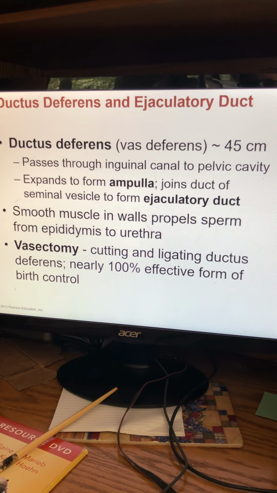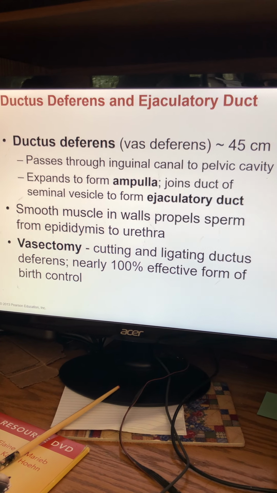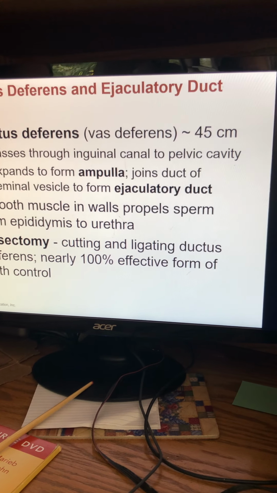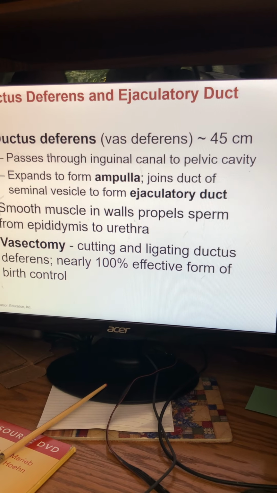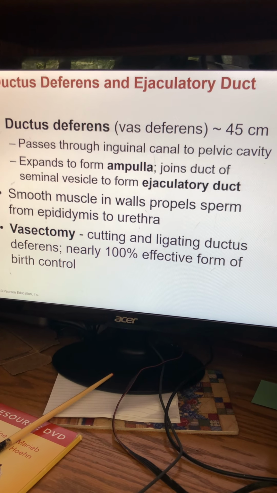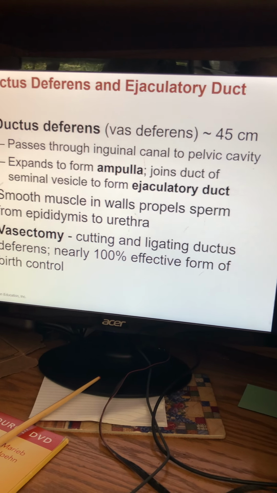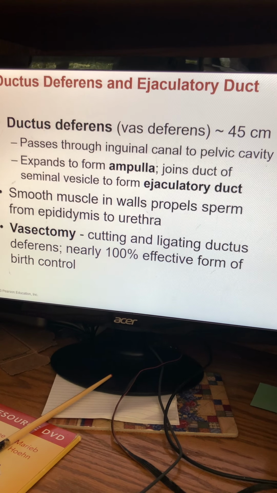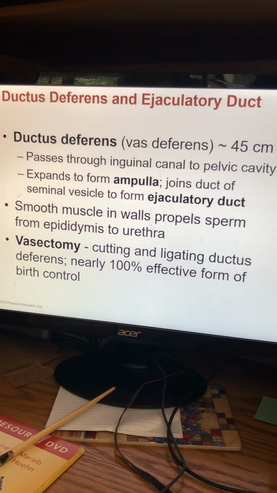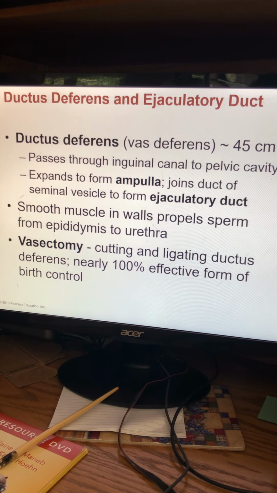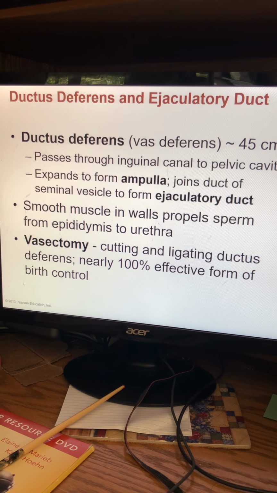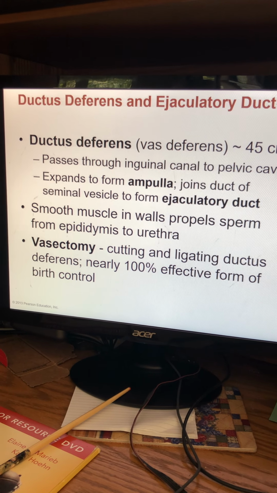So it has a big journey, and the part down here says the vasectomy is cutting and ligating the ductus deferens. Ligating means to tie it off. Cutting means they actually cut it apart. And I like the last line where it says it's a nearly 100% effective form of birth control. That means that if you are going to have a vasectomy and you have gone and had it checked to make sure that you are not shooting out live sperm,